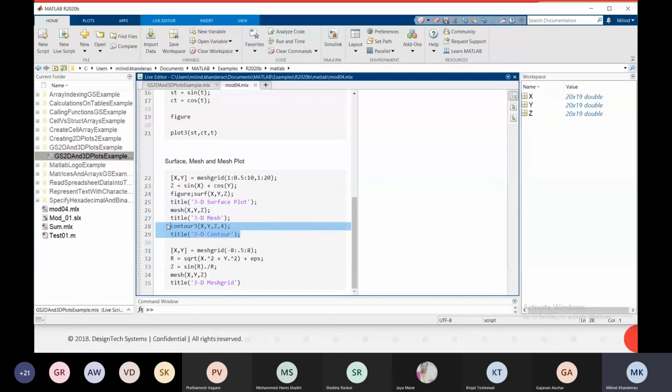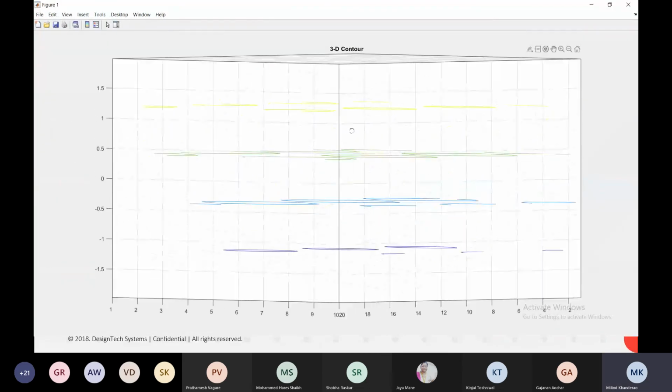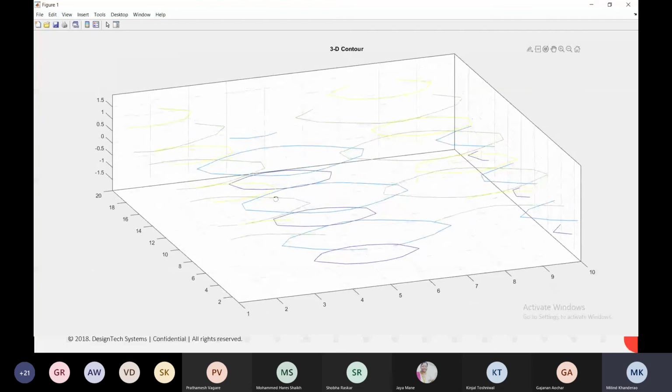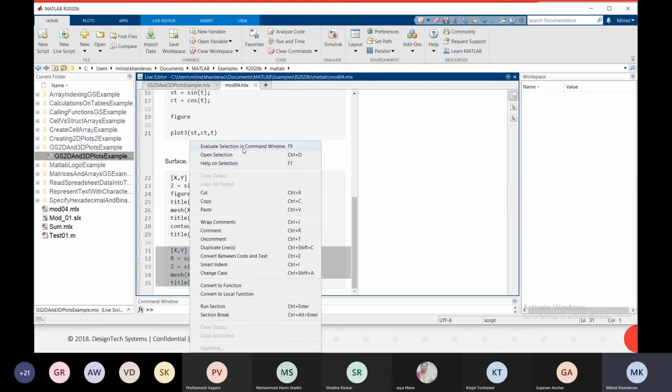Now the contour plot of it. We just consider the contour of it. And the final one is the mesh grid. So let's consider this mesh grid example.